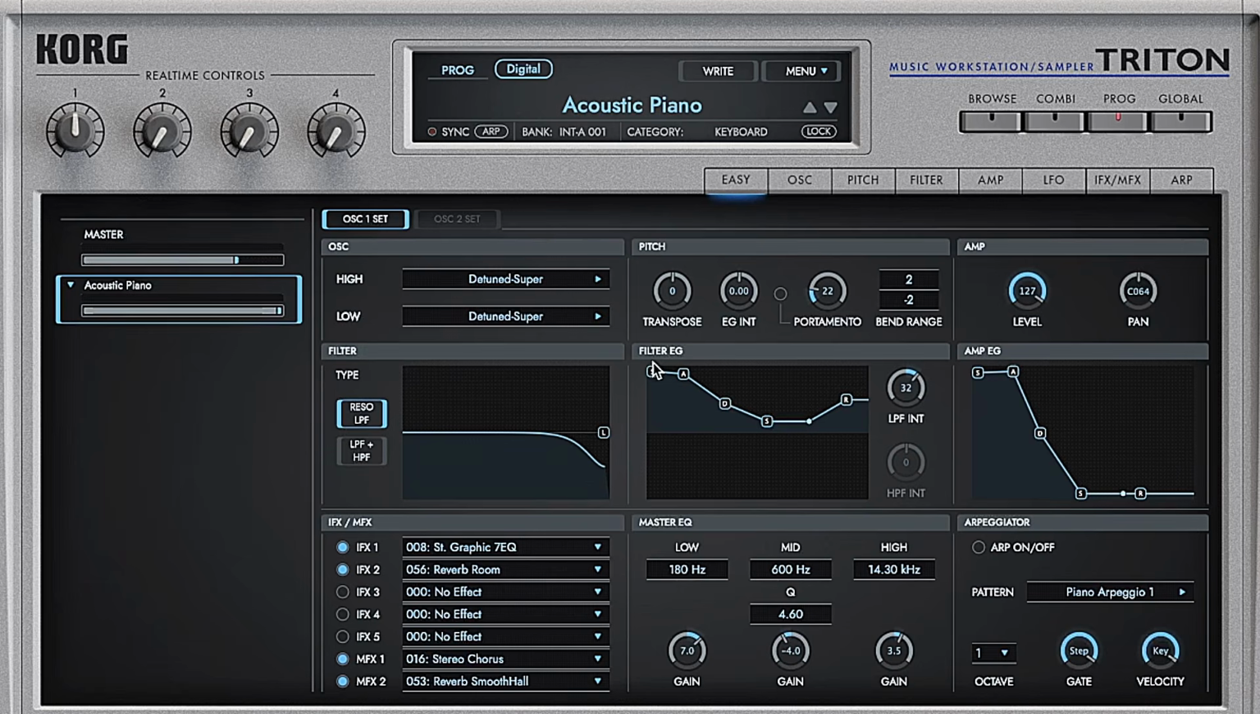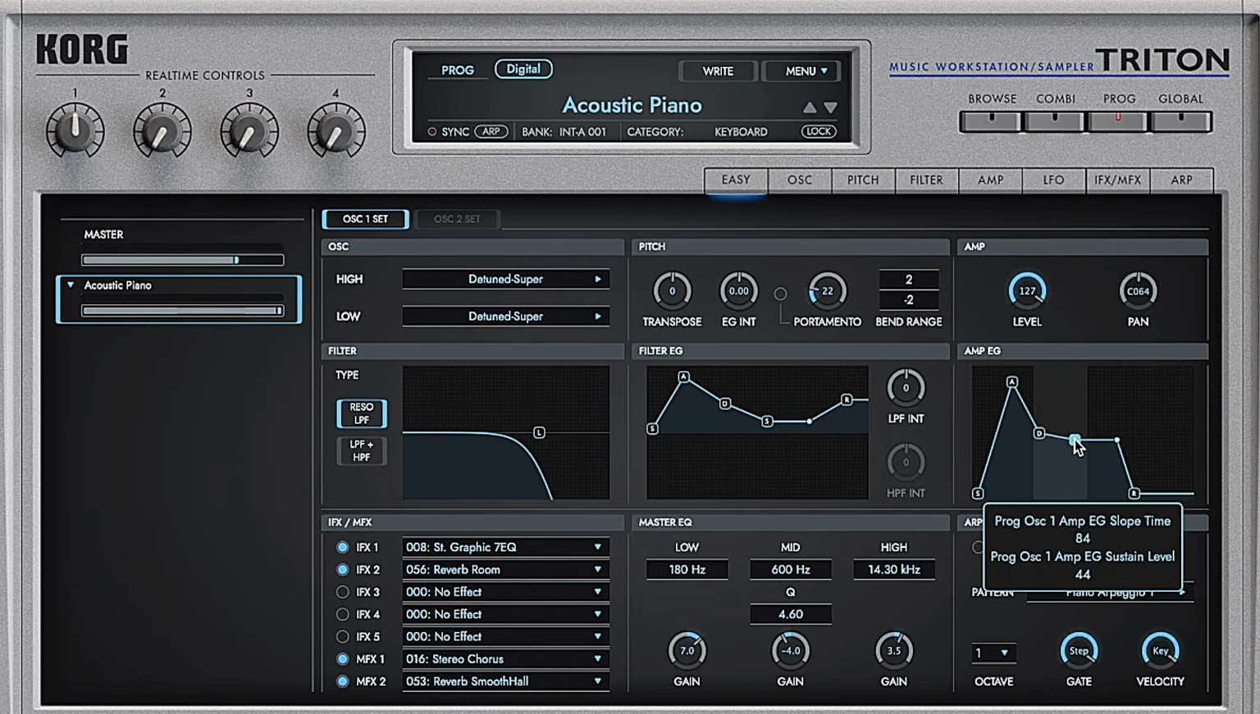And then we have the filter envelope right here. In that filter envelope, we can see the intensity it's being applied to the filter cutoff. So if I set this to 0, it won't affect that filter cutoff and the filter will just stay in place. Over here, I have the amp envelope for my sound, so I can sculpt how that sound comes in and how it comes out. So if I wanted to make a pad,